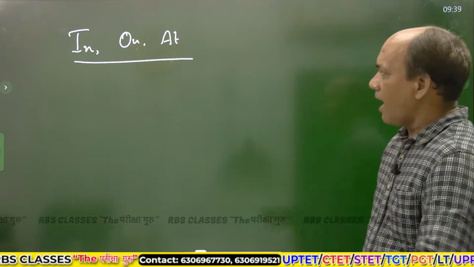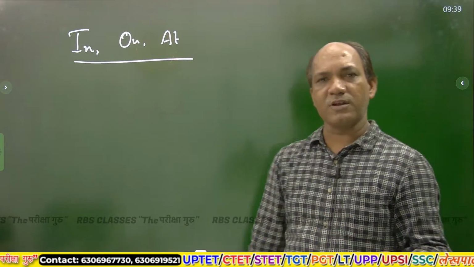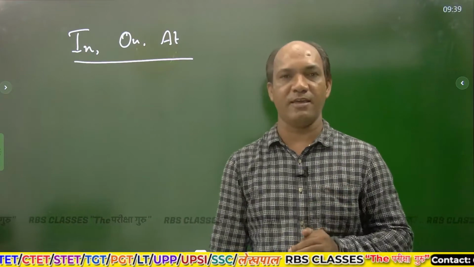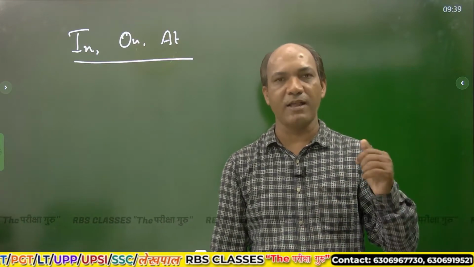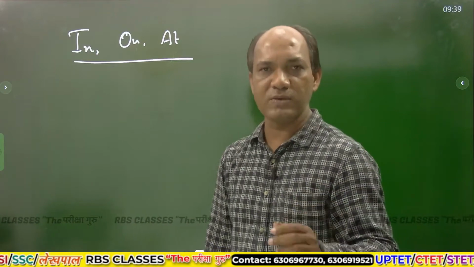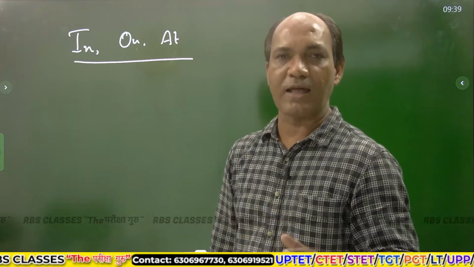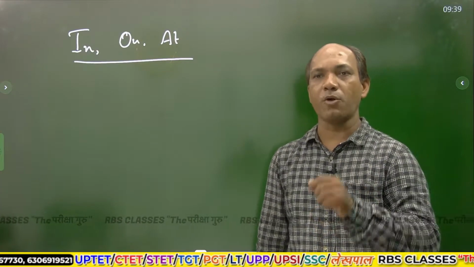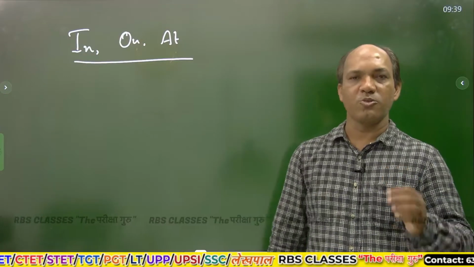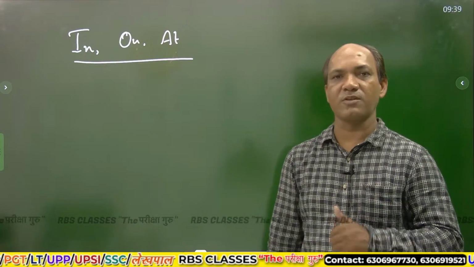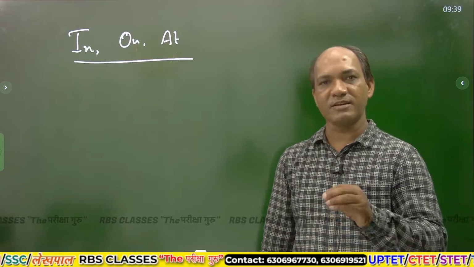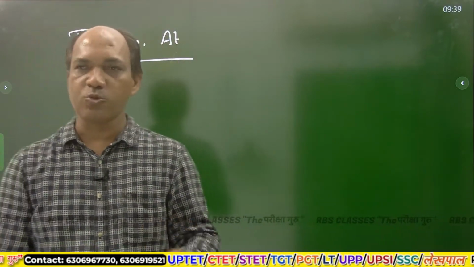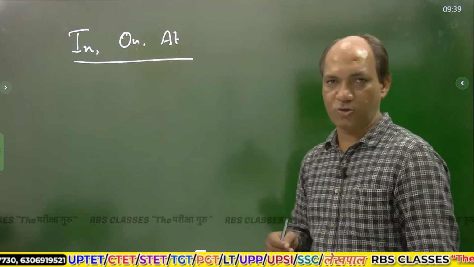अब इनका यूज एज प्रीपोजिशन ऑफ टाइम देखने जा रहे हैं आप, क्योंकि ये प्रीपोजिशन ऑफ प्लेस में भी आएंगे। जैसे कहा जाए आई लिव इन इलाहाबाद, तो हियर इन इज बीइंग यूज्ड एज प्रीपोजिशन ऑफ प्लेस, क्योंकि इलाहाबाद इज अ प्लेस, इलाहाबाद एक स्थान है। लेकिन कहा जाए आई वॉक इन द मॉर्निंग, मैं मॉर्निंग में वॉक करता हूं, तो हियर इन इज बीइंग यूज्ड एज प्रीपोजिशन ऑफ टाइम, बिकॉज मॉर्निंग इज अ टाइम, समय जो है वो अलग होता है, स्थान अलग होता है।